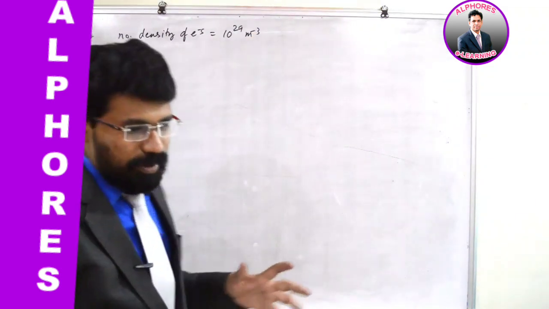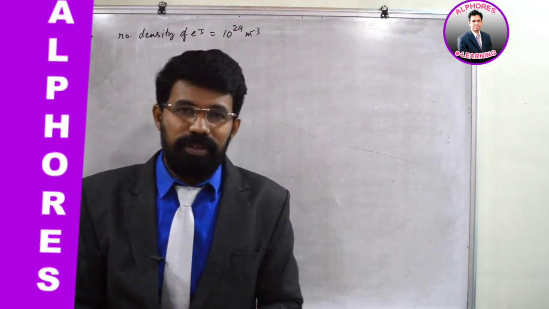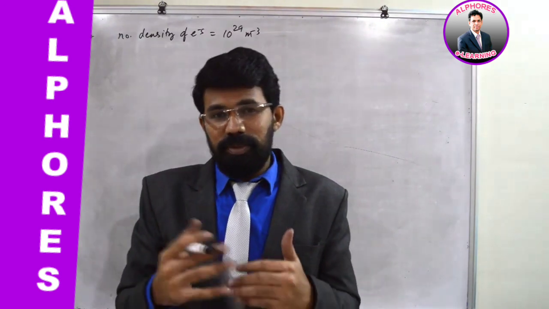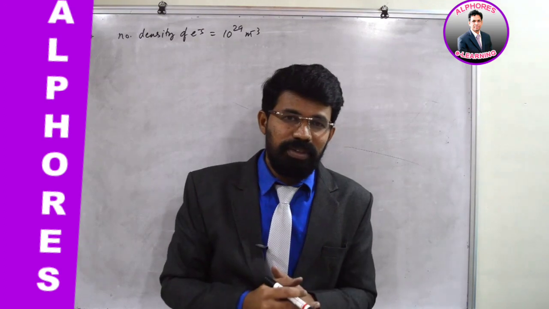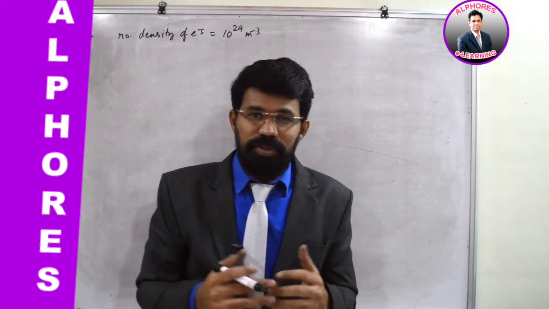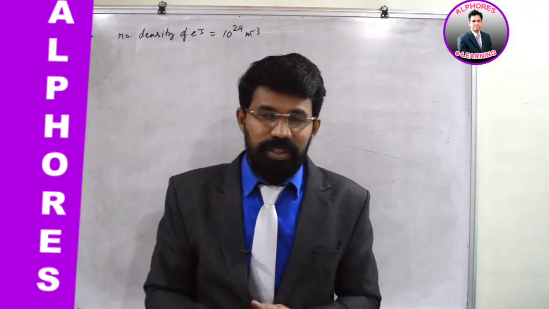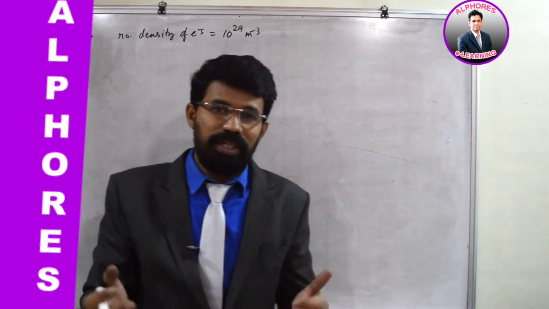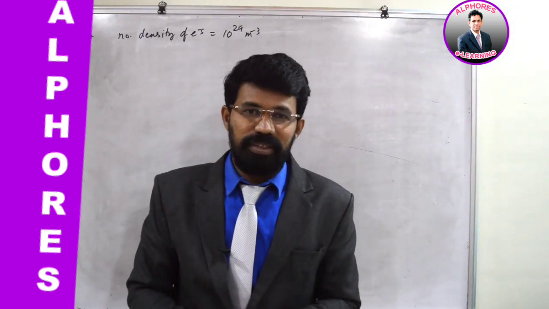Okay, so you can imagine how huge that number is, really very large, and all those electrons will be moving randomly. If they are moving randomly, they will have some velocity, right? Why do they move randomly? They move randomly because of several factors. One of the factors is temperature. Even at room temperature, in metal surfaces, all the valence electrons will be randomly moving in the neighborhood of parent atom.